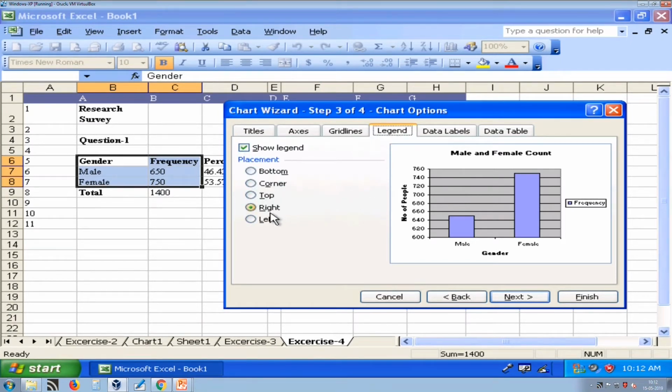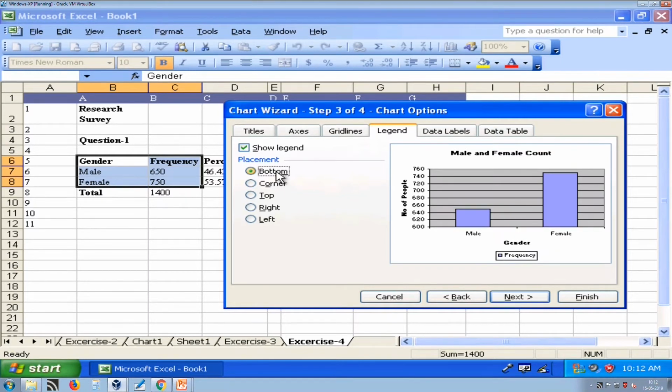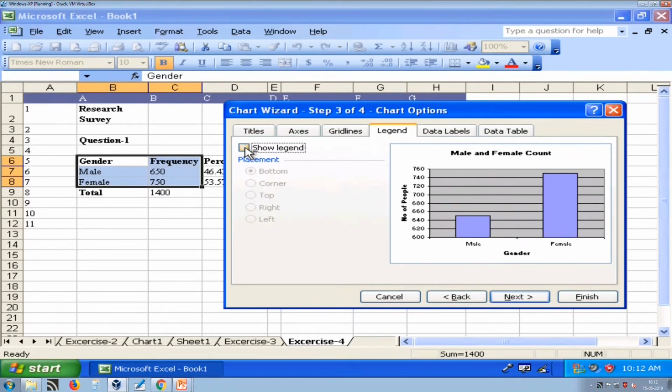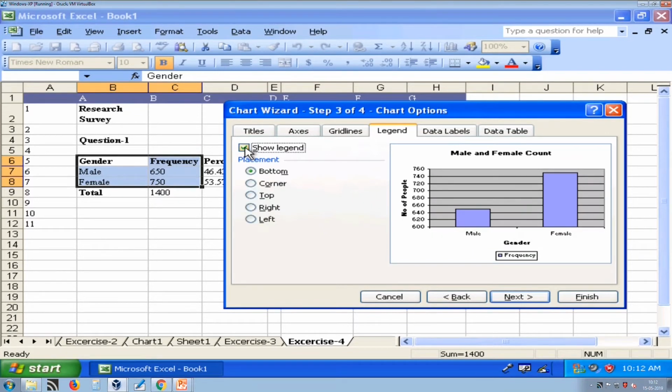And legend, where you want to display the legend. Suppose you want to display the legend at the bottom, you can use this. And if you do not want to show the legend at all, just uncheck this. So, the legend will disappear. But if you want to show the legend, check this.